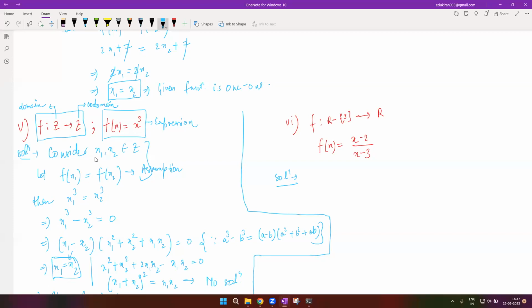So आपका आउटपुट सेम हुआ, इसका मतलब आपका इनपुट भी सेम था, तब तो हुआ ये 1-1 अगर सिर्फ एक ही आंसर आया।